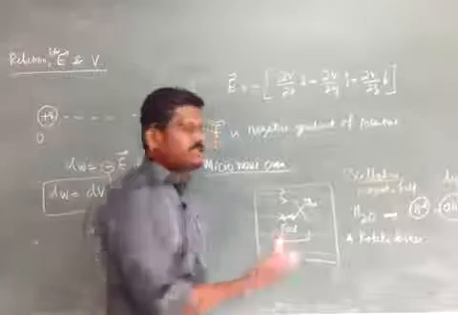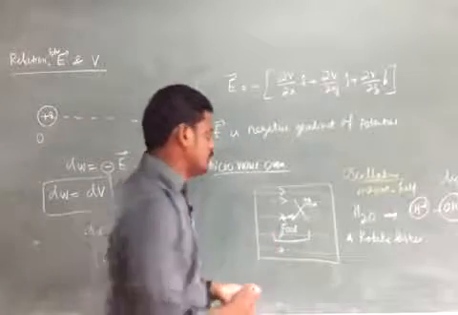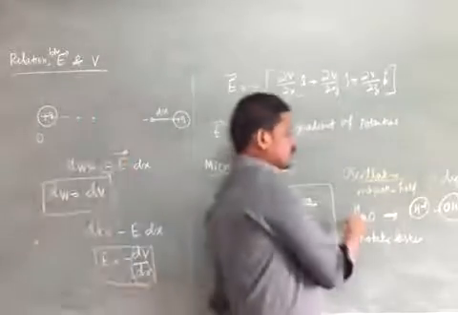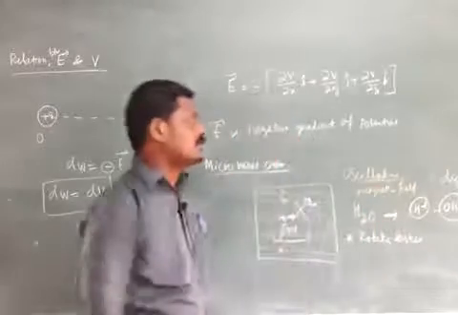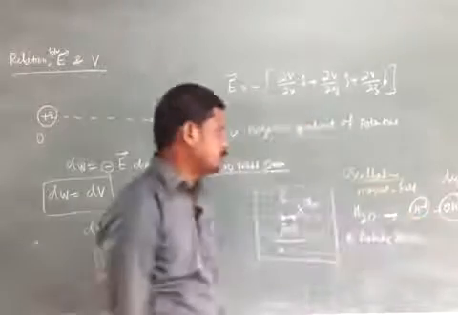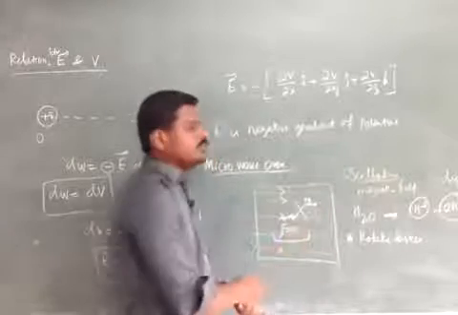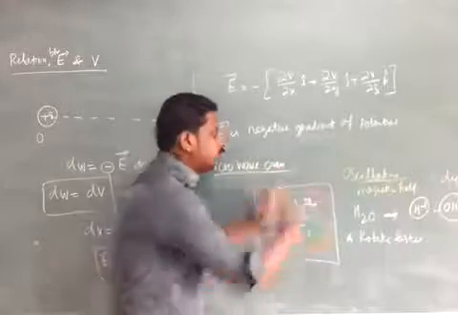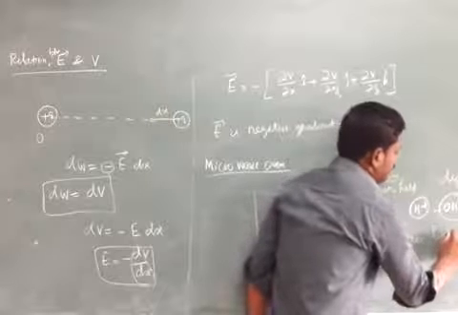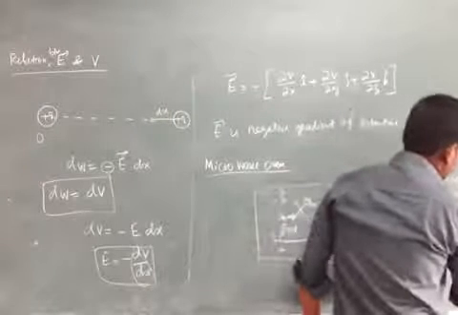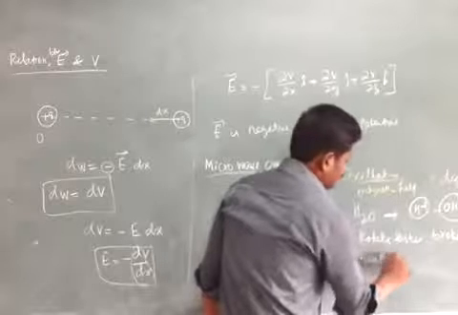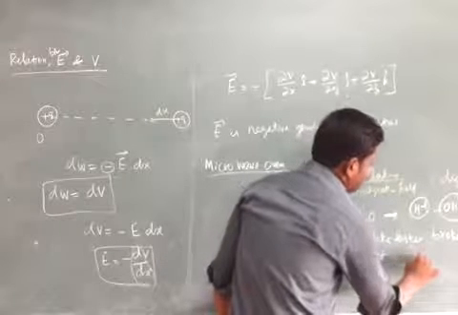Inside the food there is some water, since for cooking purposes we add some water. The water contains H2O, which splits into H plus and OH minus. H plus and OH minus constitute an electric dipole. That dipole is placed in a non-uniform electric field, which rotates it faster and breaks the bond. So heat energy is produced, and that heat is used for cooking food.